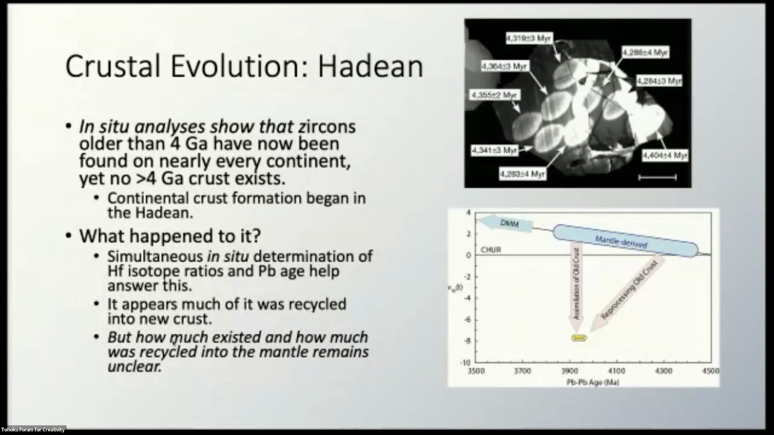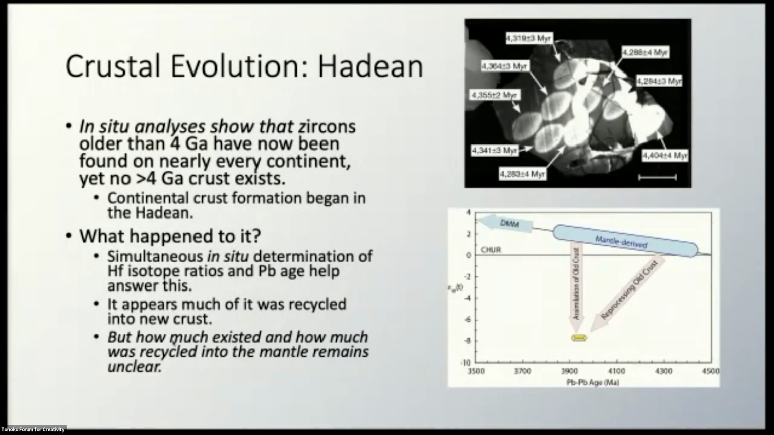Okay, on to crustal evolution. The ability to determine lead ages of zircons in situ has shown that we have zircons, or parts of them, as old as 4.4 billion years. Okay, and now we've found these on every continent basically except Antarctica. There was a lot of Hadean crust. What happened to it? Further progress comes from the ability to measure hafnium isotope ratios as well as lead isotope